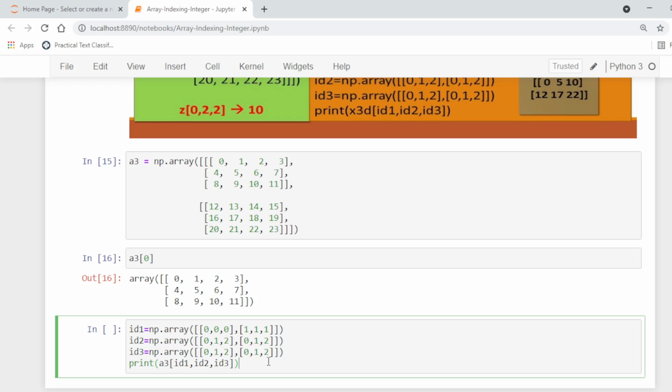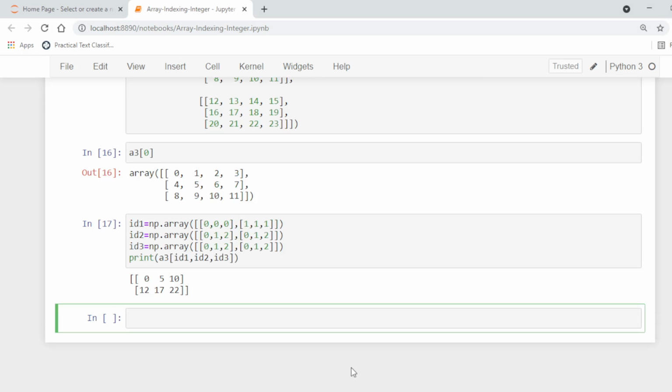One array is used to specify the block in the three-dimensional array. The second identifies the rows, and the third specifies the columns in the three-dimensional array. So this is the output.